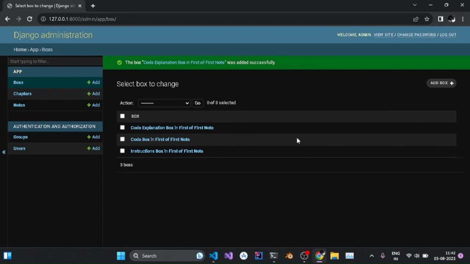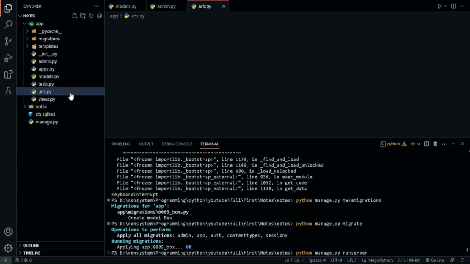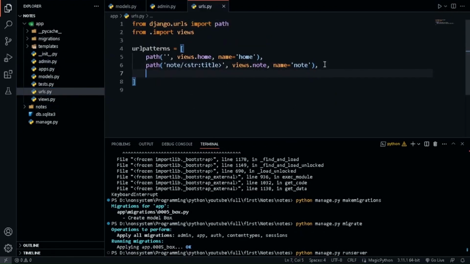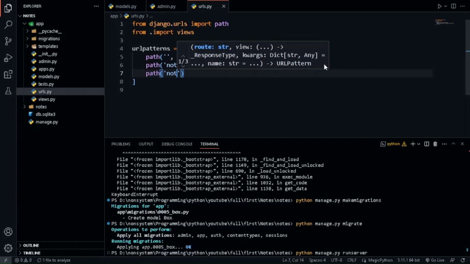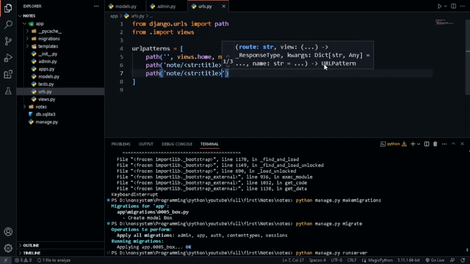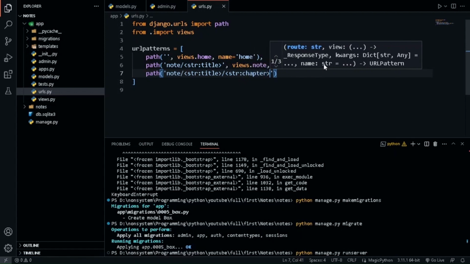Now the next thing that we are going to do is we are going to show our boxes on the page. So first we will go into the urls.py and create a new URL, and it will be node slash, then we have the title of the node. So it will be coming inside a certain node's page, which node the chapter belongs to, and then it's going to be the chapter page, because in the chapter we are going to show the different boxes of that certain chapter, right? So for this we will have two primary keys,